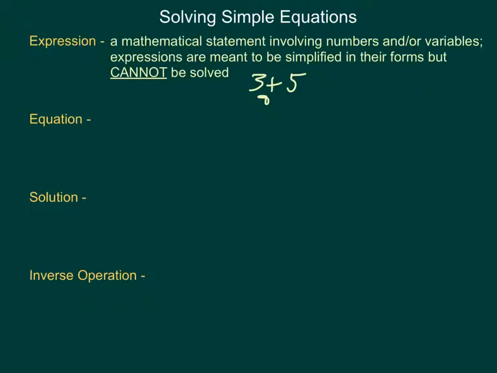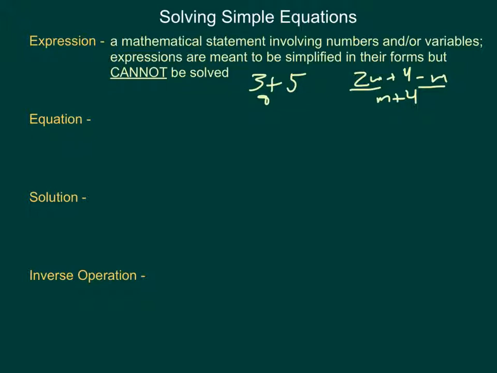Another one would be 2m plus 4 minus m. If we wanted to simplify this, we would do what's called combining like terms. In other words, we look for items that have the same variables or no variable at all. In this case, we have a positive 2m and a negative 1m. So 2m minus 1m is simply 1m plus 4. Since the 4 does not have a variable, it cannot be combined with the others, and this is the simplified form of the expression. We cannot solve because in order to solve we need our next vocabulary term,